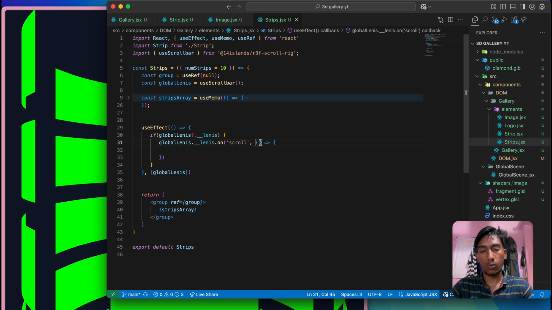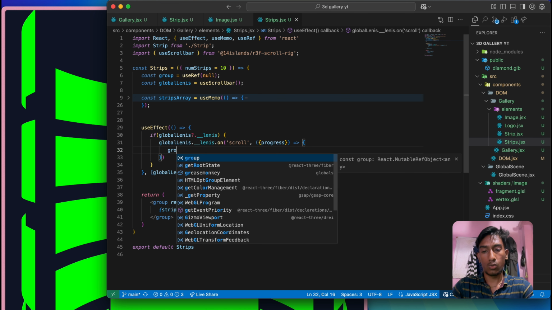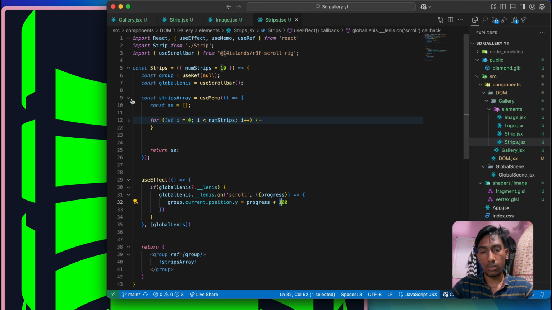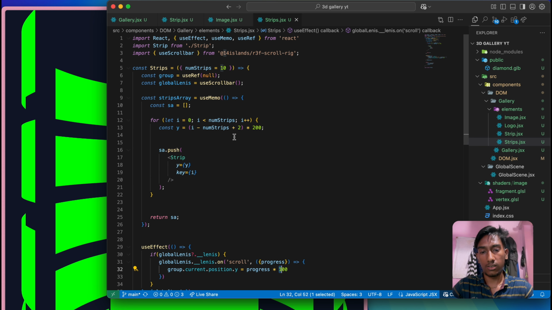I'm going to get the progress here and group current position dot y equals the progress, multiply it with a bigger number. Let me just try multiplying with what we have here, 200.